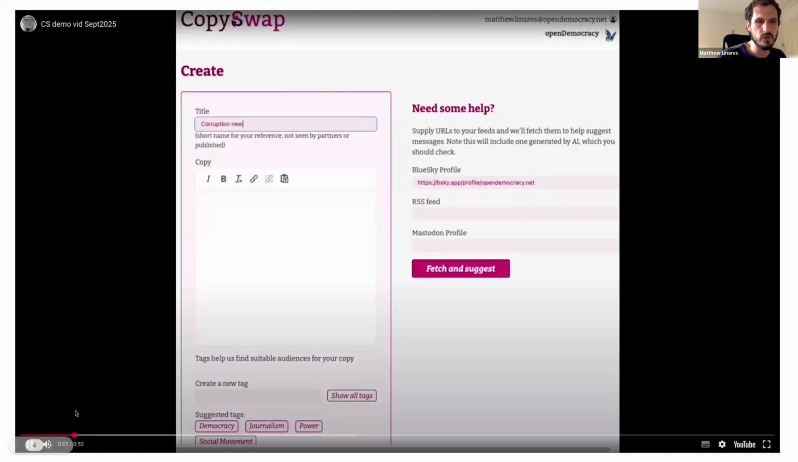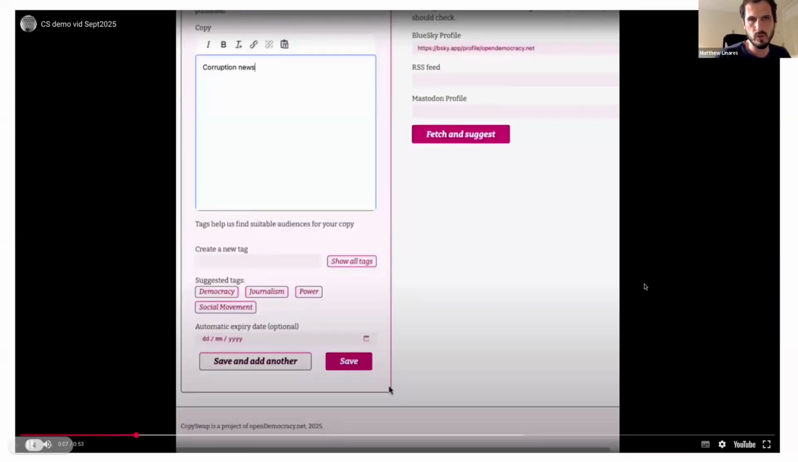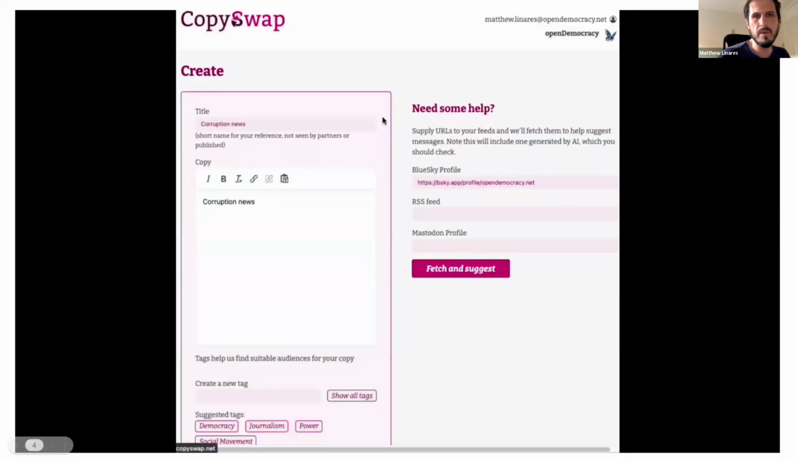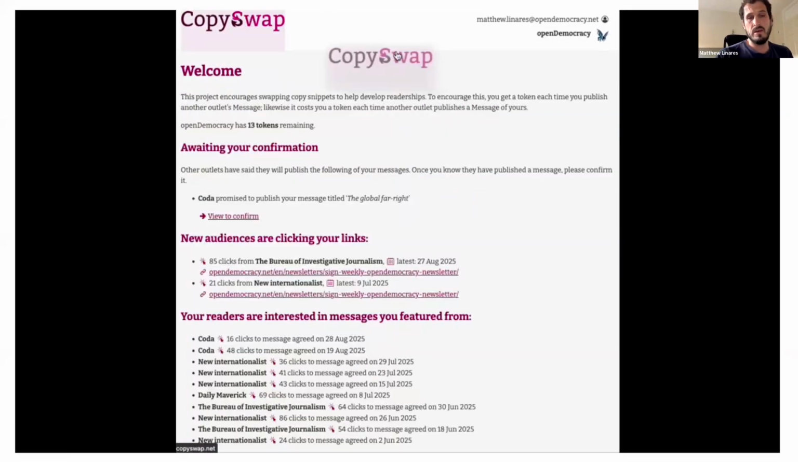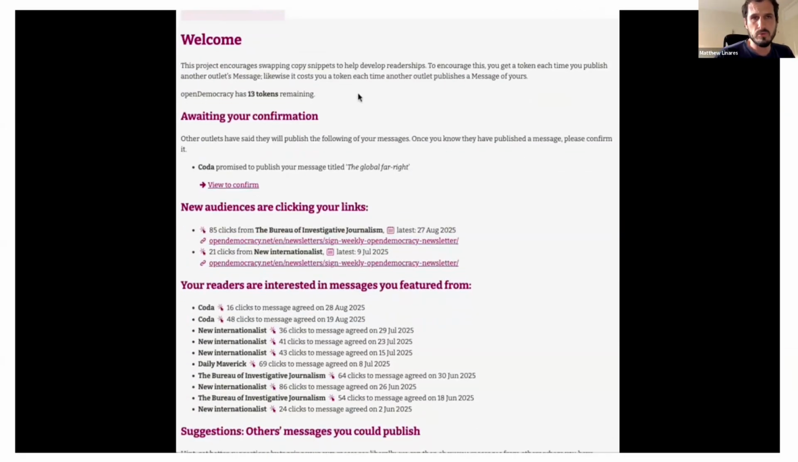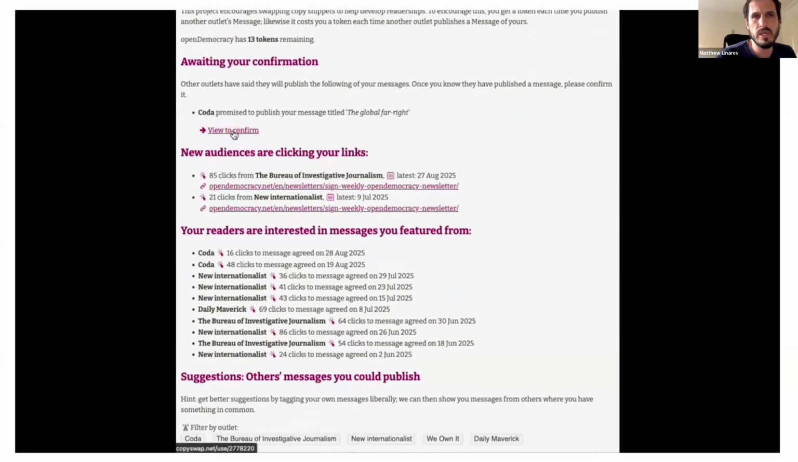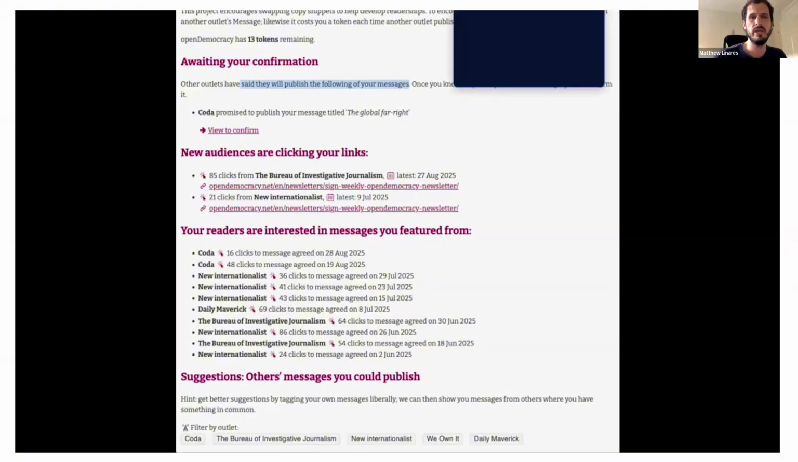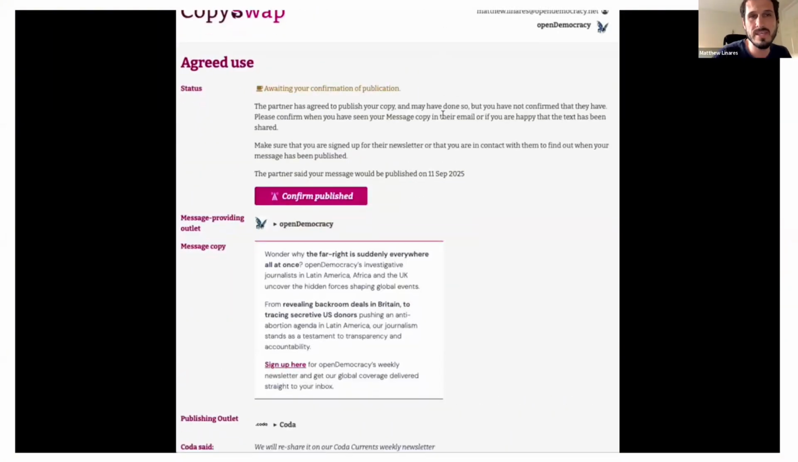So it sort of looks like this. You upload a message, what we call a message, a piece of copy. That's then visible on the dashboard here, along with other stuff. Here you see that another outlet has agreed to publish a message that we've uploaded to the site. And so we wait to see that